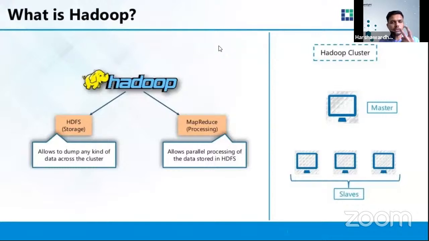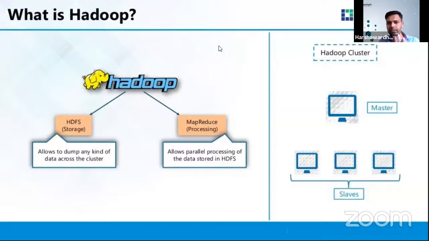That means we need two things to deal with the data. The first thing is storage, and the second thing is processing the data. And Hadoop has both these things combined in a very efficient way that helps the user, the client, the company, everybody to deal with this huge amount of data and process it efficiently.